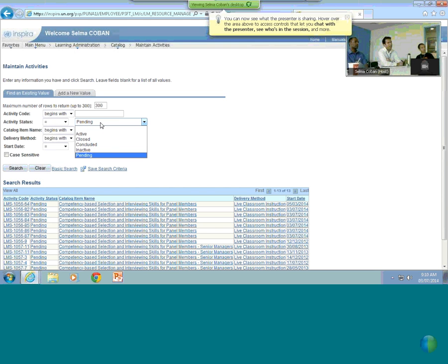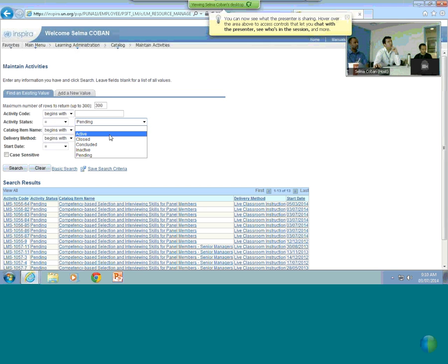These activity classes, which are for publishing the activities that you will be managing, have different statuses. These statuses show if the activity is in progress, meaning I will be maintaining it and am still working on it, active, or closed or concluded. I will explain statuses a little bit further in the presentation.